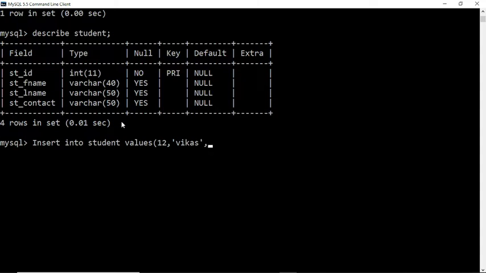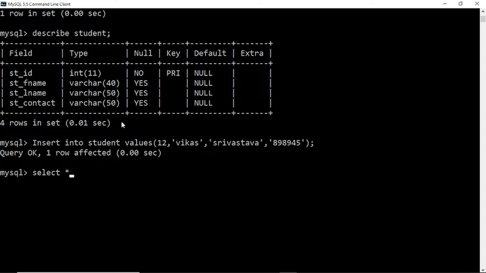And the L name is Srivastav. Then I will give any contact number and press enter. Look here, it shows one row affected. If you want to see the values, we already know which command to use: select star from student.